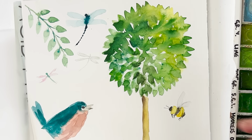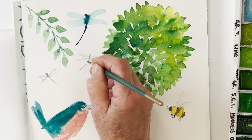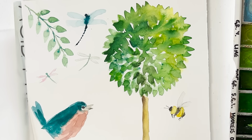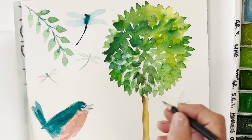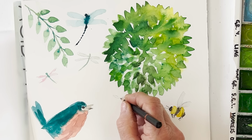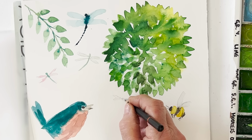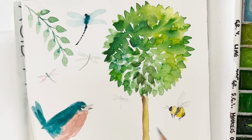I didn't realise how many different kinds of bees there are. I just tried to look up the name of the one that we think we saw in the garden. There are literally thousands of different bees out there. And I have no idea what it was, but anyway, we've never seen one like that before. So I'm going to put one more dragonfly here. And the other day we saw a black bee. We know that that was a black bee because it was black. They come from Spain, and I don't know what they're doing up here either. So